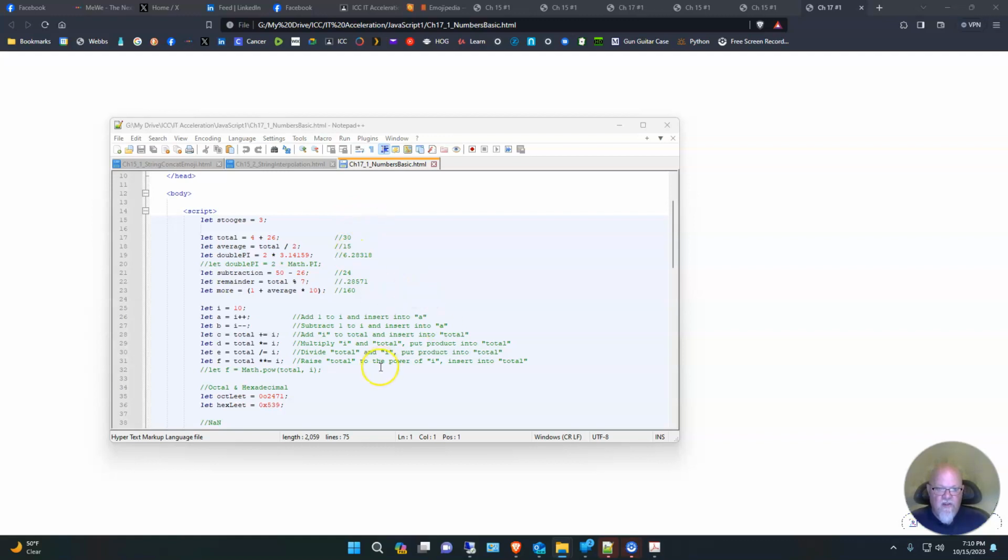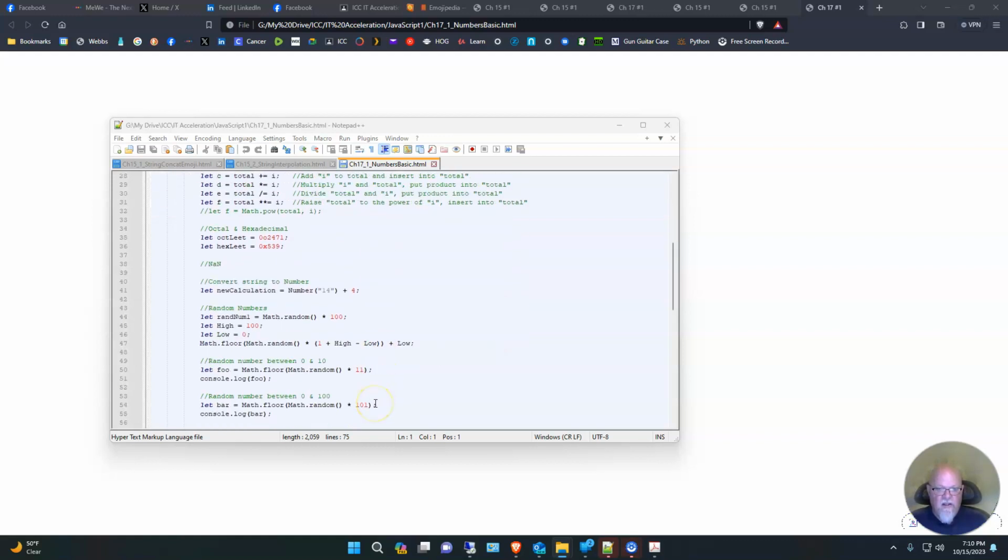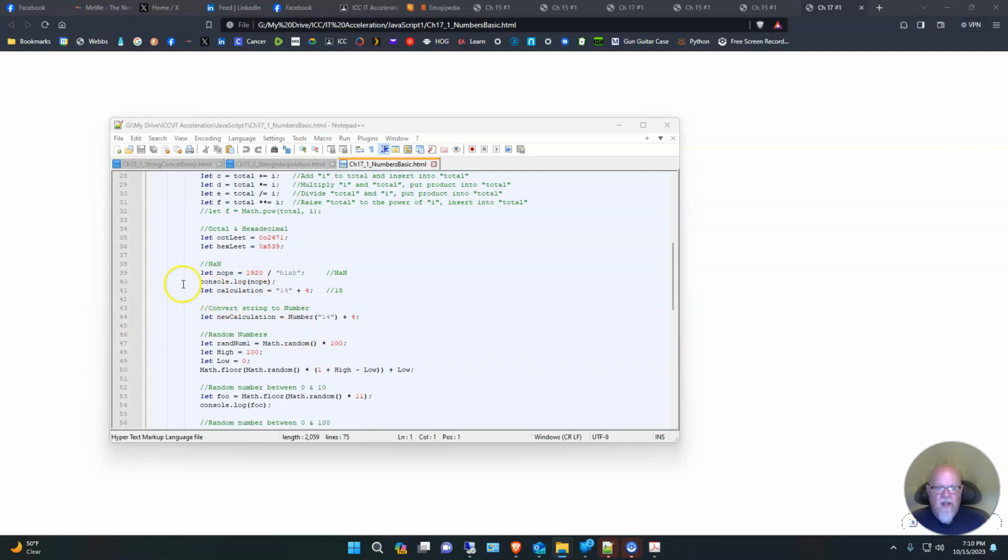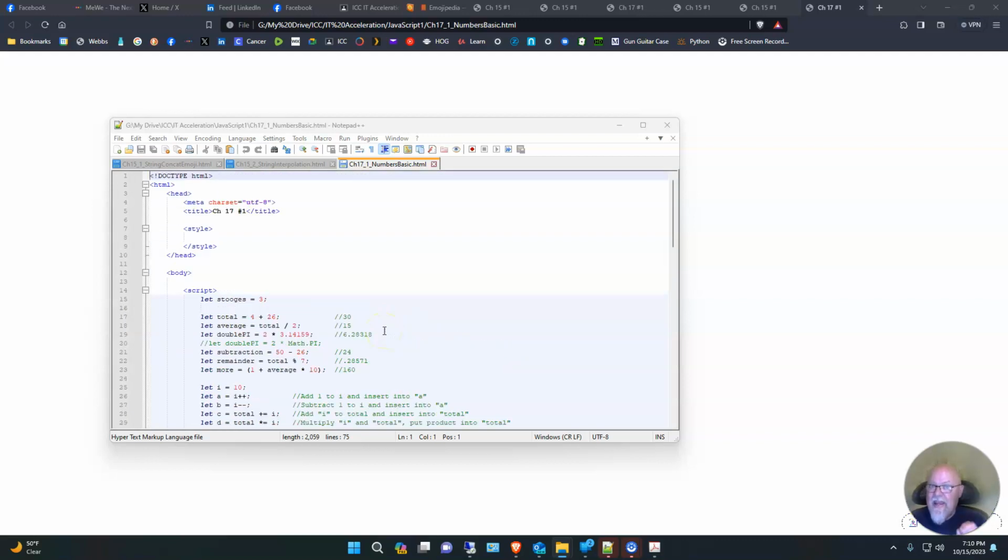Now, if we did something like let some numeric value equal to double quote 14 double quote, that is not a numeric value, that is a string. So just know that. If you have something inside of double quotes, that is a string. Okay, so they talk about the basic